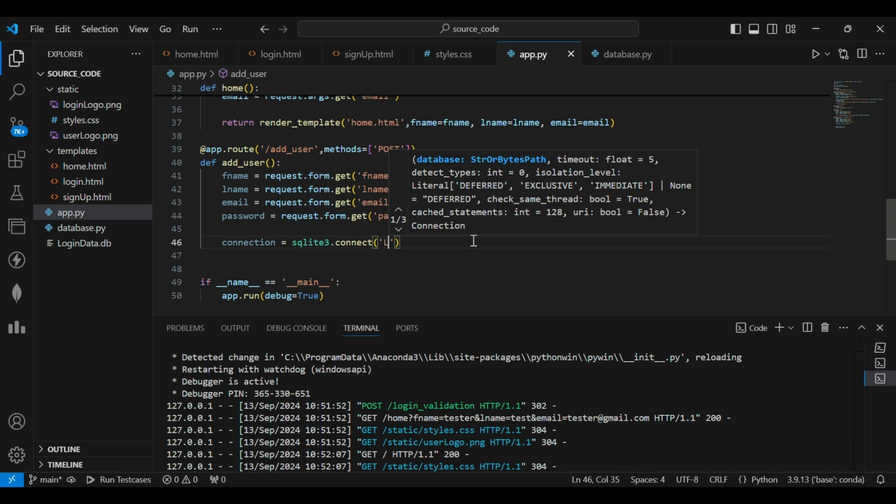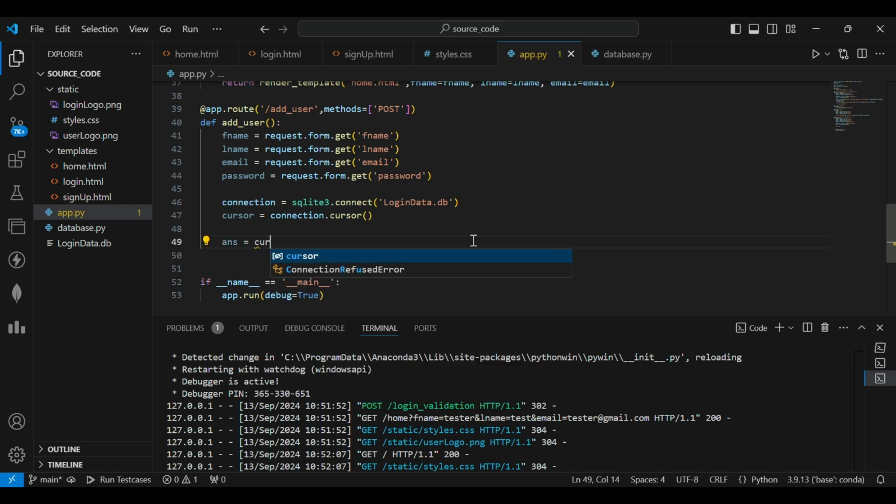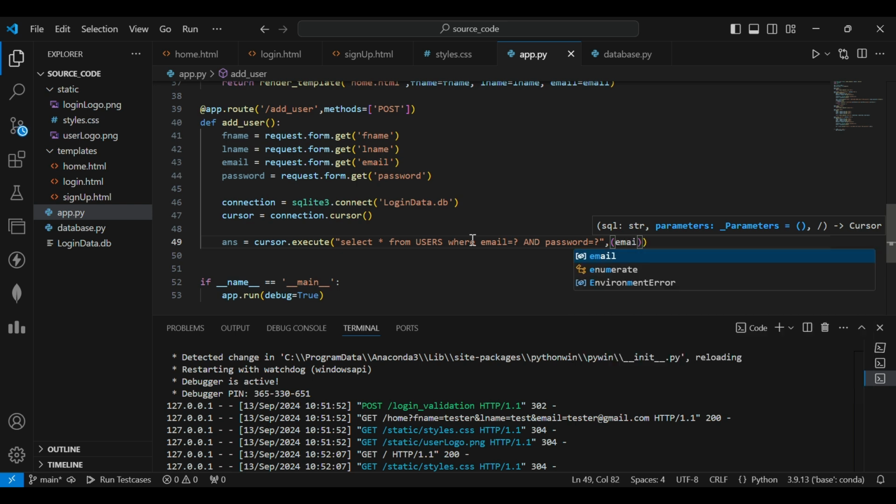sqlite3.connect login data.db, create the cursor is equal to connection.cursor, answer is equal to cursor.execute. I am checking whether the user already has an account in the database, so I'm writing the query where email is equal to question mark, and password is equal to question mark, and here I am passing the data, email and password. It has to store the result into answer, so I'm using the fetchall method,